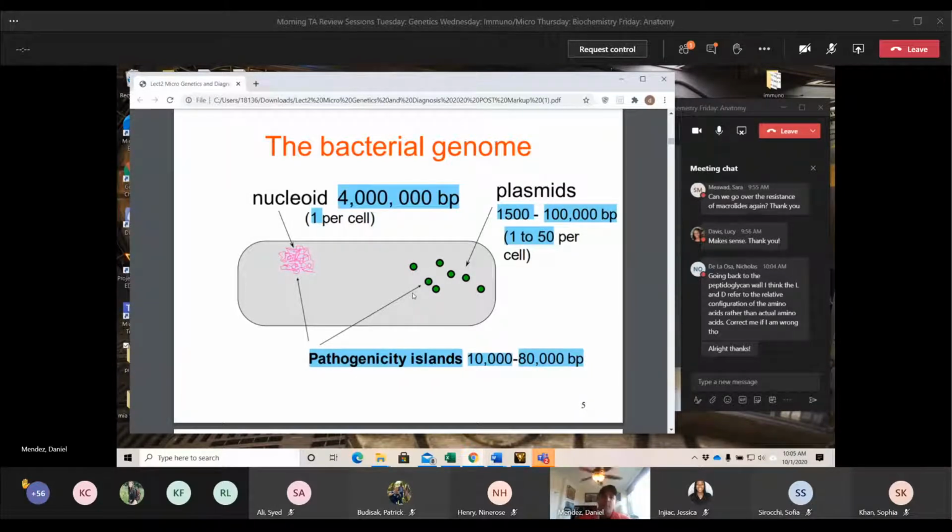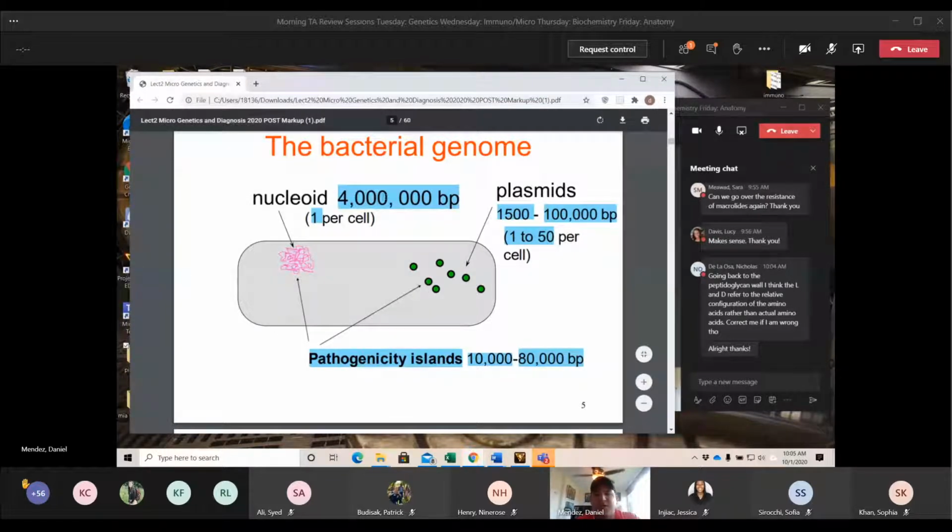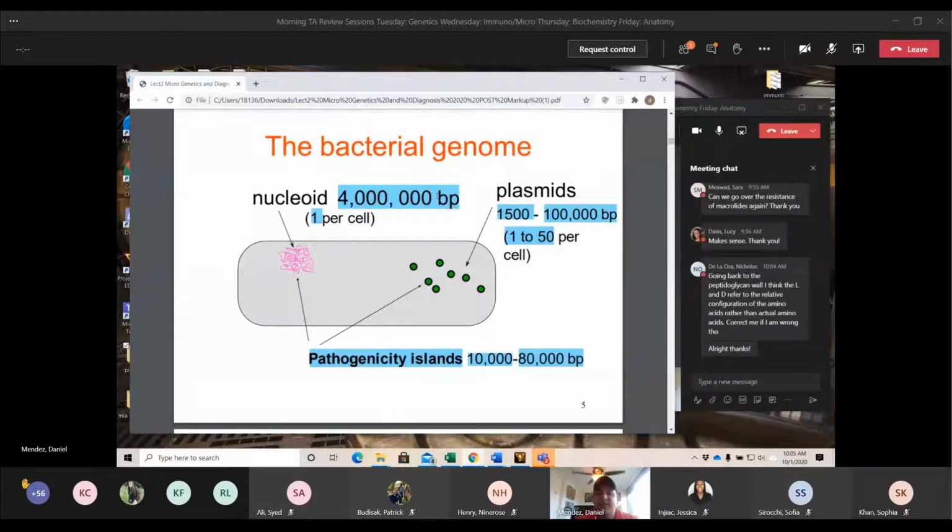So our bacterial genome, we have different locations for our entire genome. The genome isn't like ours, where it's all contained in one long strand of DNA or multiple chromosomes. Here we actually have different locations. We have the nucleoid, like we said before, and in the nucleoid you see on average about 4 million base pairs. These numbers aren't concrete. They change, as you can see he changes them later on, so I wouldn't worry too much about them. Just get an idea of relative size.